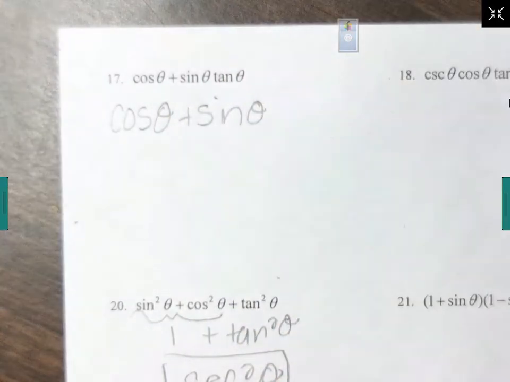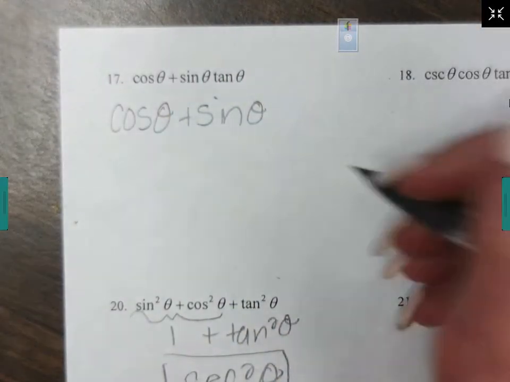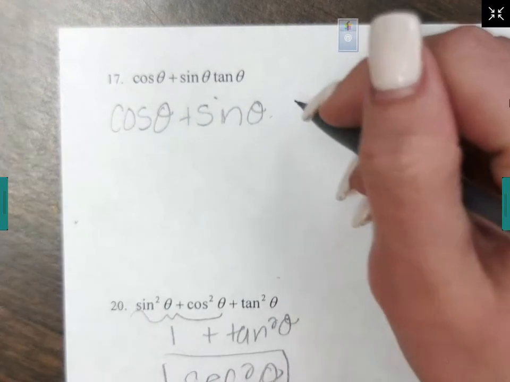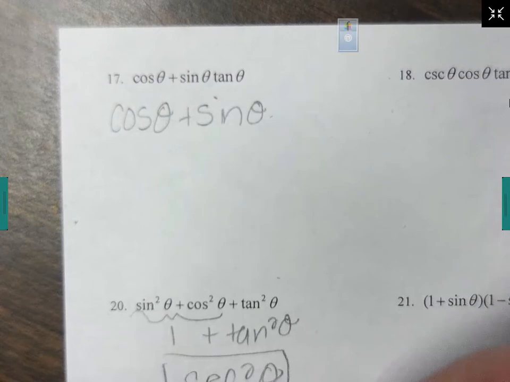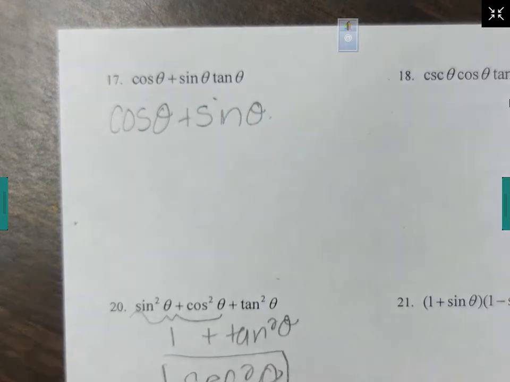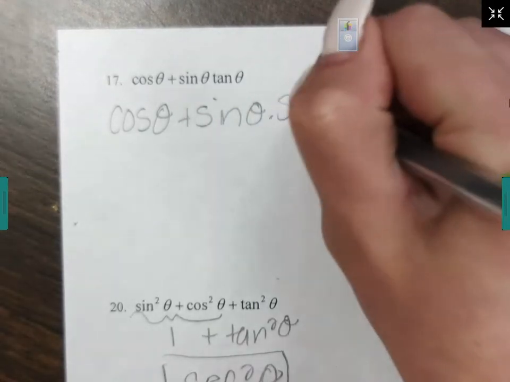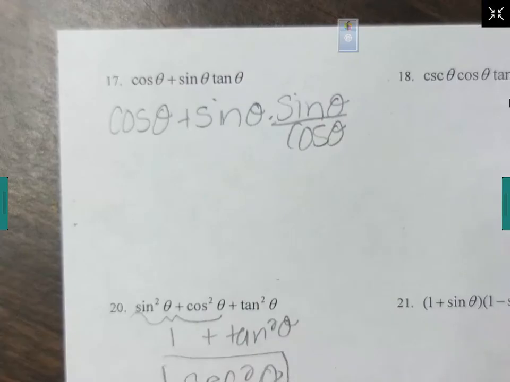Now, how do we rewrite tangent of theta? 1 over... Cosine of theta plus sine of theta is just